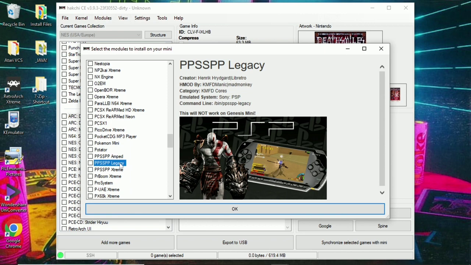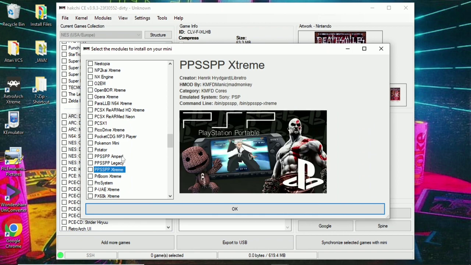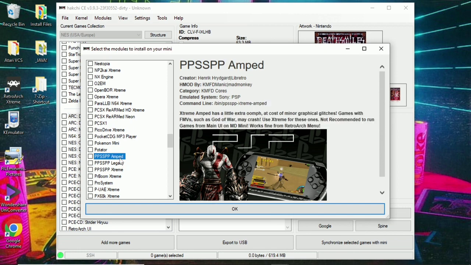And I'll do more of a tutorial on this as well. But Amped is great for some stuff, and this is actually going to be used to run Jennifer for OpenBoard in the next update, because OpenBoard Jennifer is quite a complicated game as far as the scripts are concerned. And I opted to fix the game up and get it working with PPSSPP rather than try to get it working with OpenBoard, because we would have had to break the core in order to get Jennifer in a few games. So you're going to have the option of running some of the more stubborn OpenBoard games using PPSSPP Extreme